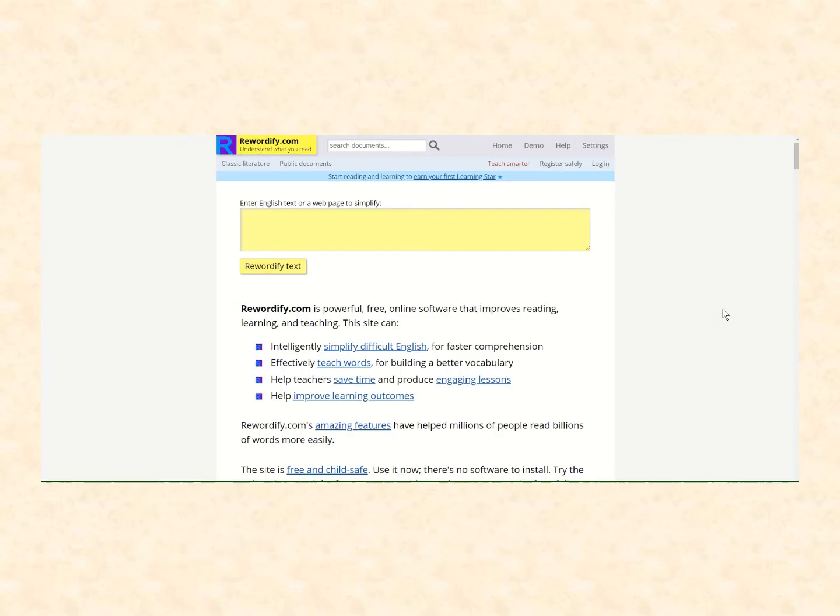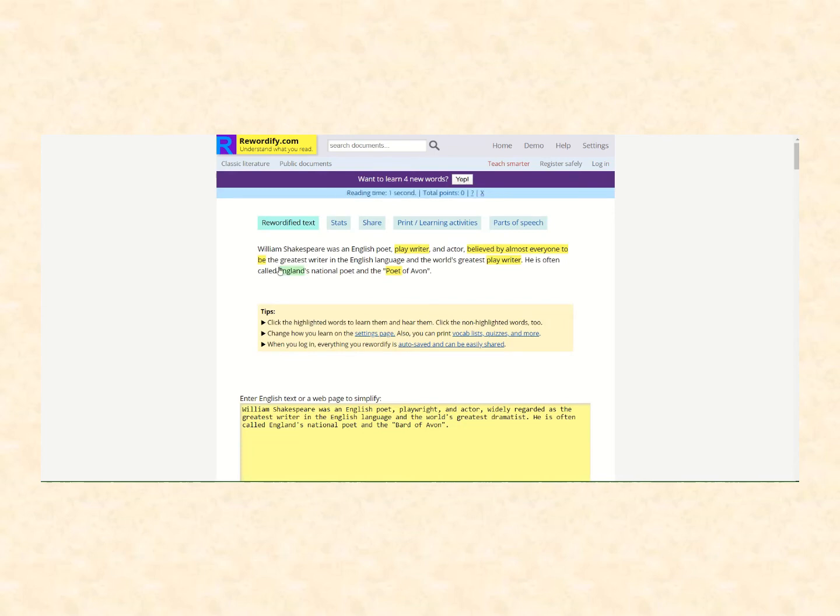I have opened up rewordify.com. I'm going to paste some text in this yellow box, and I'm going to click Rewordify. So up above, you can now see highlighted in yellow the words that were changed to make it more easily understandable. So the word playwriter instead of the word playwright,